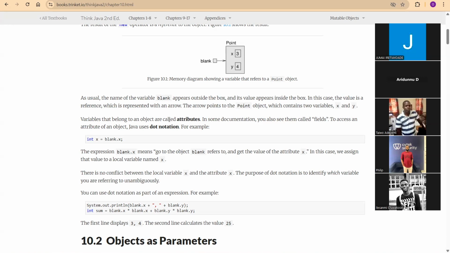Variables that belong to an object are called attributes. In some documentation, you also see them called fields. To access an attribute of an object, you use dot notation. So because we want to access the value of x here, we say blank dot x, which is anyway when we move